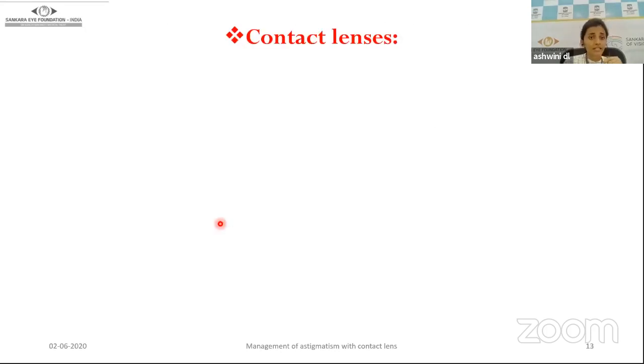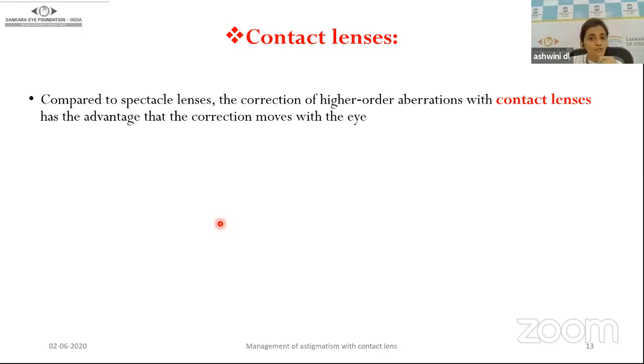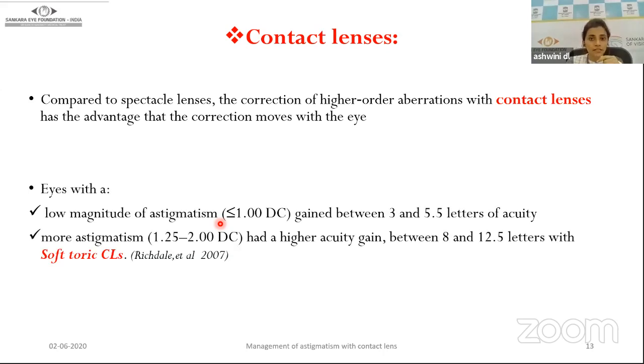Again, if you see contact lenses, there are various options available. For higher order aberrations, contact lenses are always better compared to spectacles. In contact lenses, there are various options, like spherical soft contact lenses and soft toric contact lenses. There is evidence from studies, especially the Richdale et al. study done in 2007, and also systematic reviews and meta-analyses, which say that when they compared spherical soft contact lenses with soft toric contact lenses, especially in the low magnitude of astigmatism, that is, less than 1 diopter cylinder,